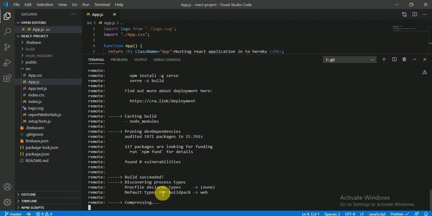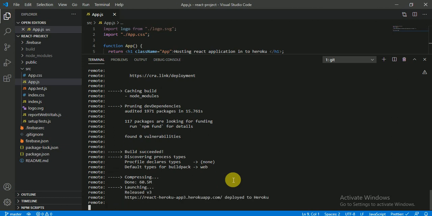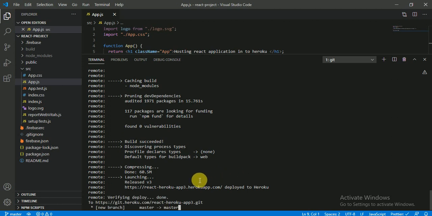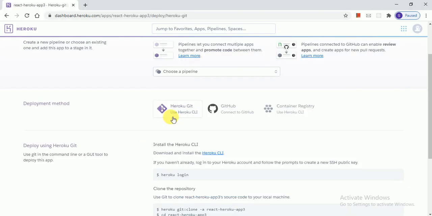Our build got successful. Let's wait some more time. Yes, you can see here our application got deployed to Heroku. You can go to this URL, or you can open the application from here.